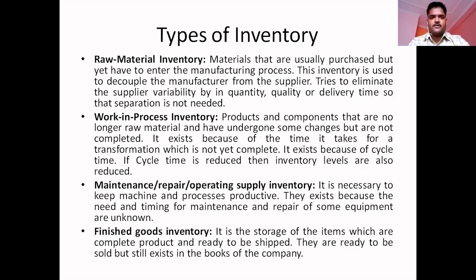इस टॉपिक को आप थोड़ा सा बहुत ही ध्यान से देखिएगा और ध्यान से पढ़िएगा। तो सबसे पहले अगर हम टाइप्स ऑफ इन्वेंटरीज की बात करें, इन्वेंटरीज मैं आपको बता चुका हूँ क्या होते हैं। तो सबसे पहले बात करेंगे हम रॉ मटेरियल इन्वेंटरी। सो मटेरियल्स दैट आर यूजुअली परचेज्ड बट येट हैव टू एंटर द मैन्युफैक्चरिंग प्रोसेस। मींस जो मटेरियल्स हमने परचेज तो कर रखे हैं, उनको फाइनल प्रोडक्ट में कन्वर्ट करने के लिए मैन्युफैक्चरिंग प्रोसेस से गुजरना होगा, क्योंकि अगर वो मैन्युफैक्चरिंग प्रोसेस से नहीं गुजरेंगे देन दे कैन नॉट बी कन्वर्टेड इनटू द फाइनल प्रोडक्ट।